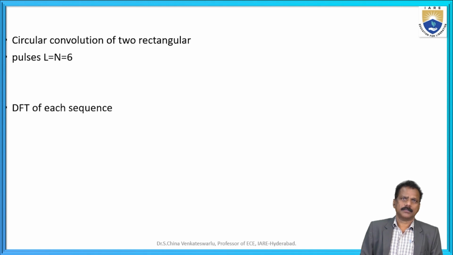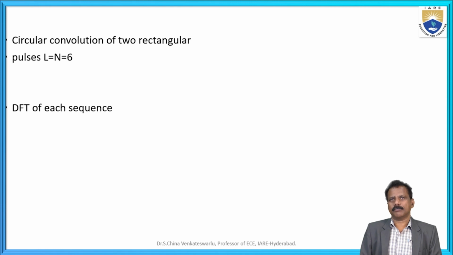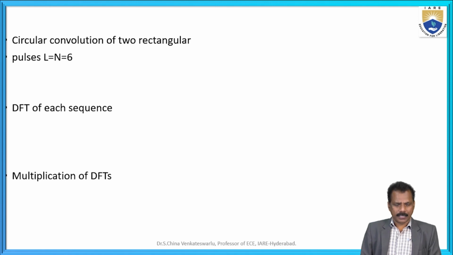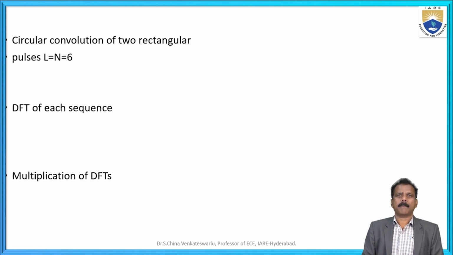Okay, so how are they verifying the DFT of each sequence? We will verify by using the circular convolution of two rectangular pulses. Okay, of that, how it is the multiplication of the DFTs, discrete Fourier transform. So, in the mathematical notation for this, the circular convolution of the two rectangular pulses, where L